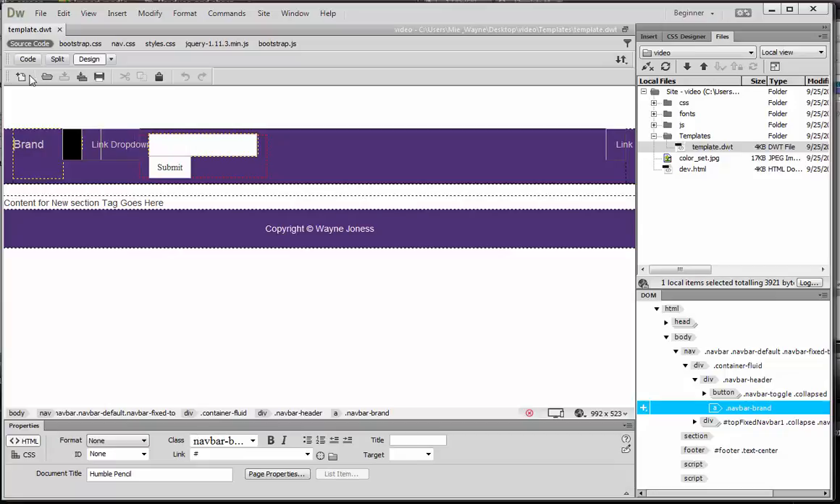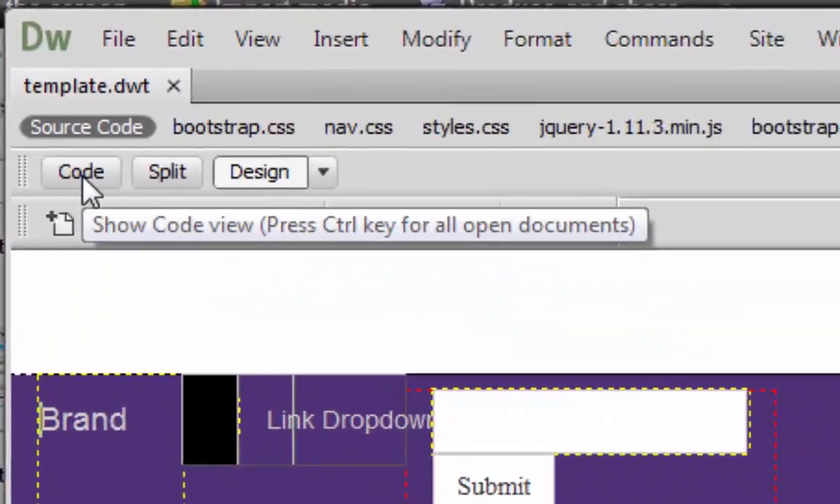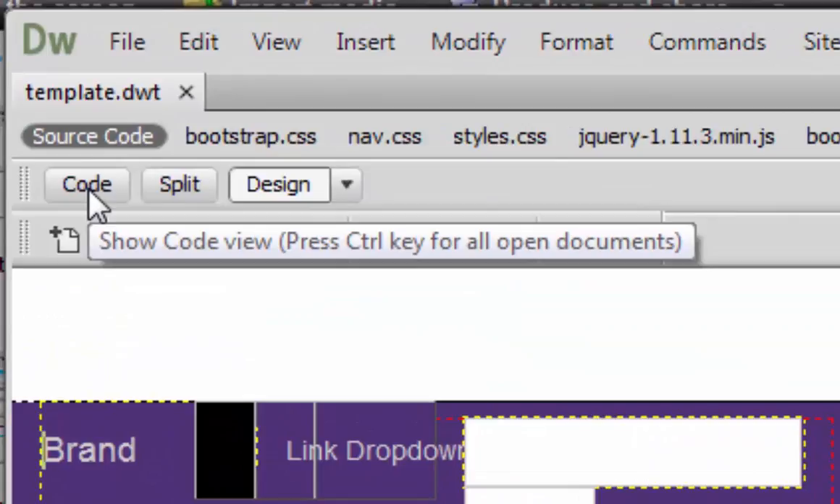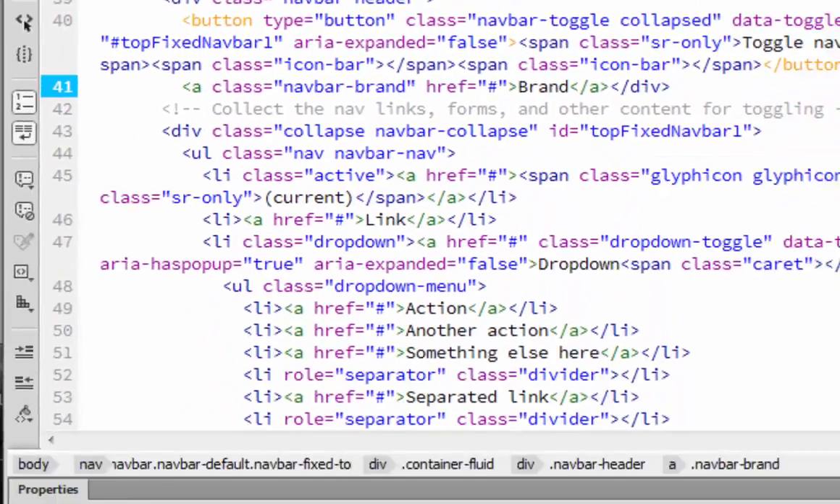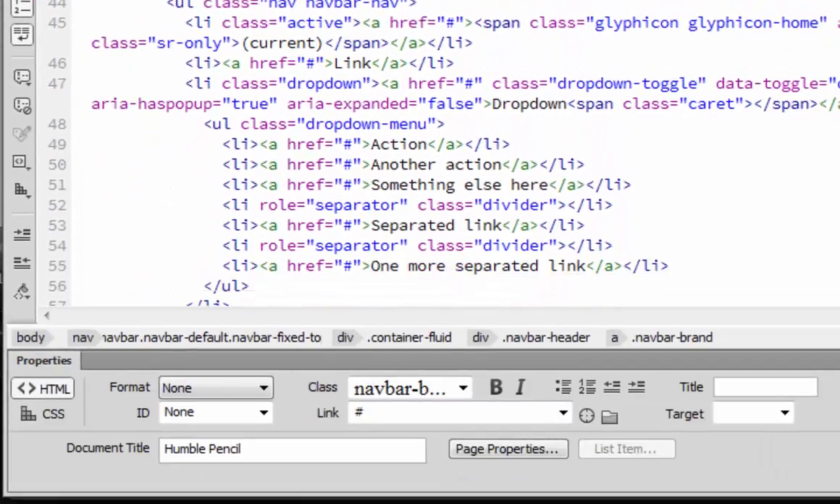So we need to define an editable region. I've got my template.dwt file open, and I'm going to go to my code view because I think this is probably the easiest place to do it. So we're going to have to do a little work here in code view. I'm going to scroll down,